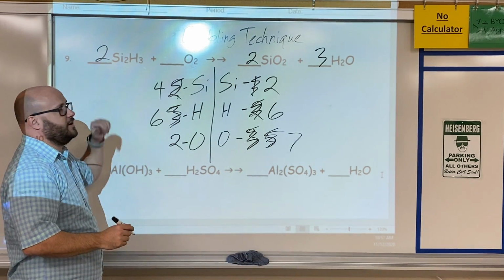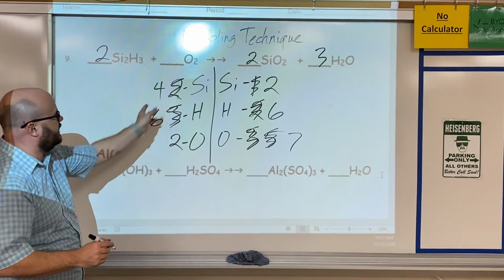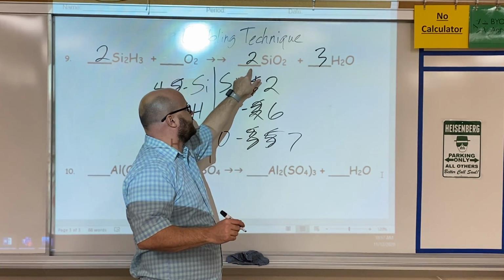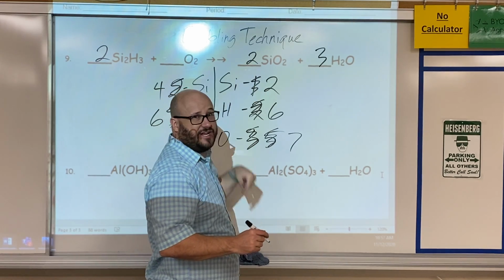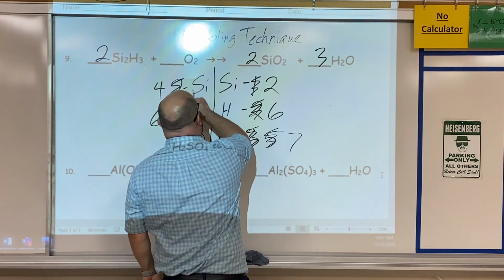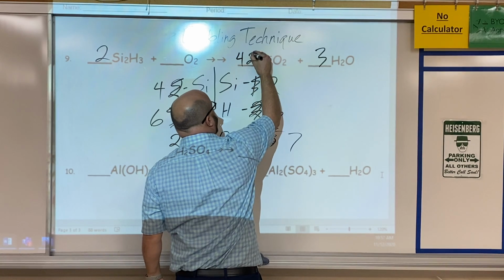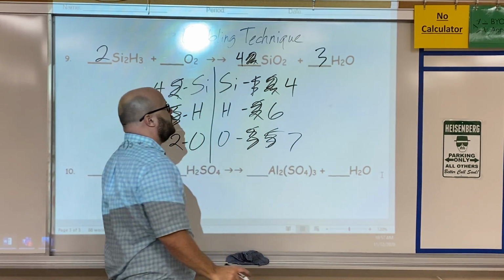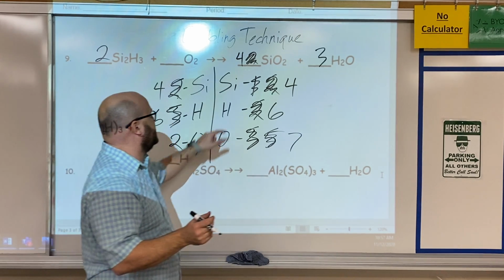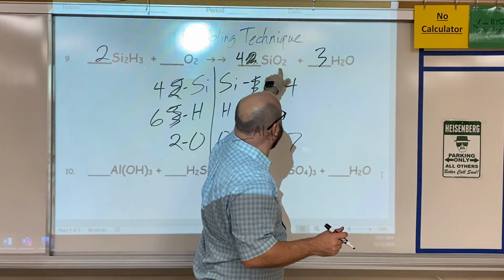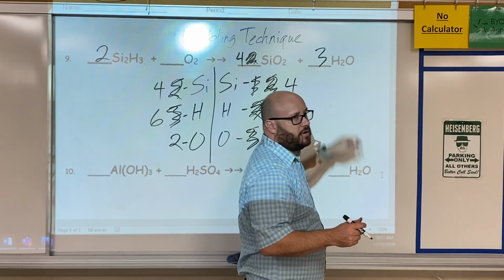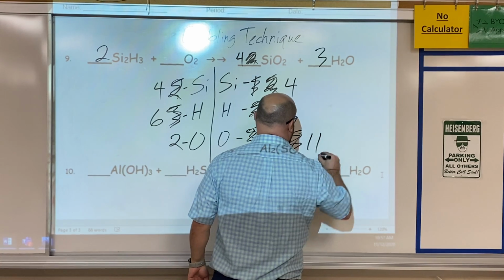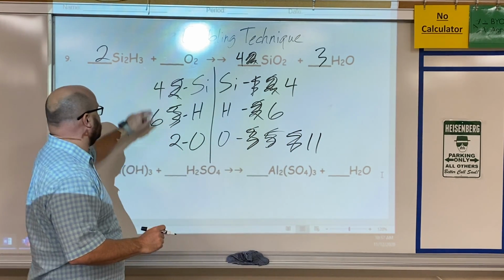But we threw silicon out of balance. So now we got to go back and fix that. The only place we have silicon is right here, so we're going to have to change that coefficient. To make it a 4, we're going to have to put a 4. But now we got to change oxygen again. 4 times 2 is 8. 3 times 1 is 3. 8 plus 3 is 11. So now we're good here,